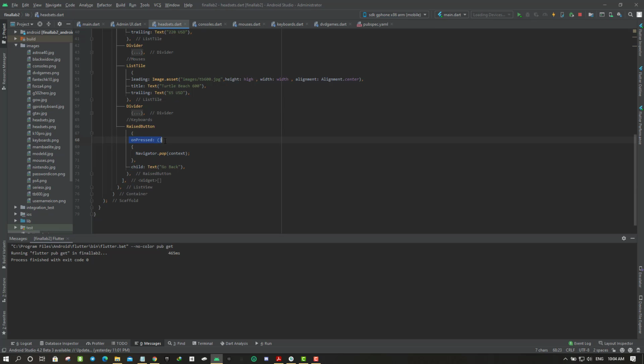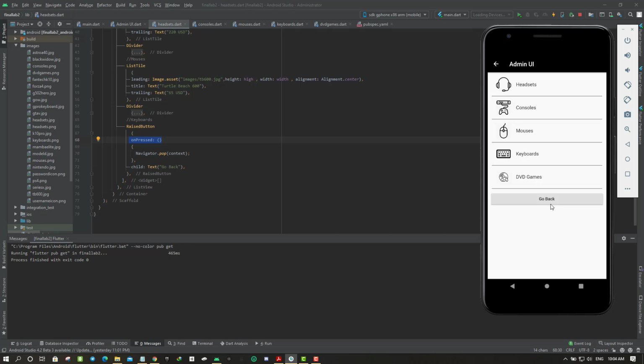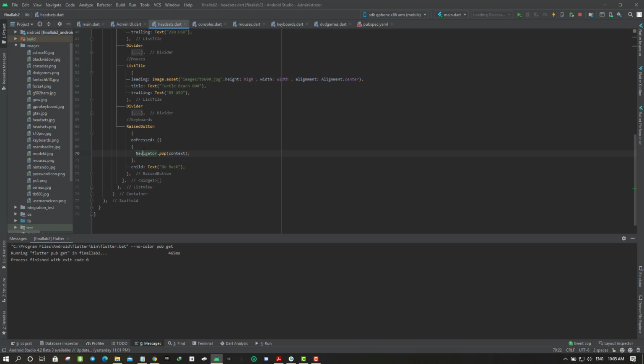So on press, when you press the go back from headsets, what should it do? Look, this go back comes from here, from that text, while the reset button is this button, and it has only a text inside with some functions. So we have something on the preset which is